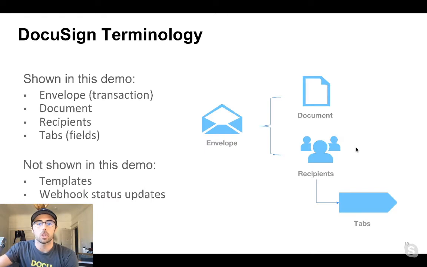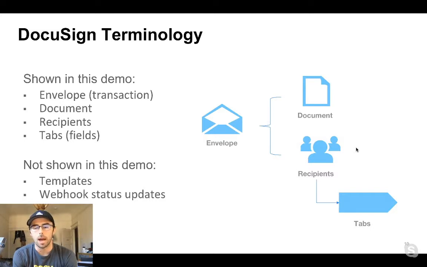Now, in terms of DocuSign terminology, the most basic object model has 4 key terms that you should be familiar with. The first of which is an envelope. Think of an envelope as a single transaction. An envelope has a relationship with the other 3 components: documents, recipients, and tabs. An envelope also has a couple properties, namely, and most importantly, status. So envelope has status, and I'll talk more about the different status types that an envelope may transition to or from.